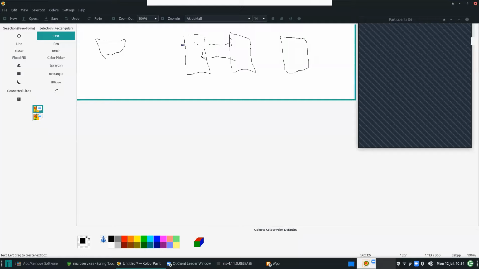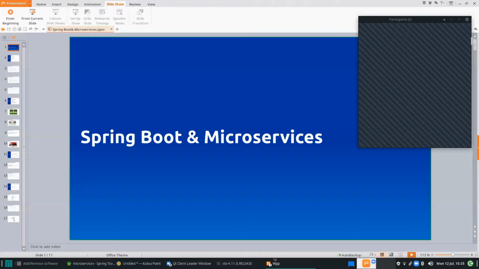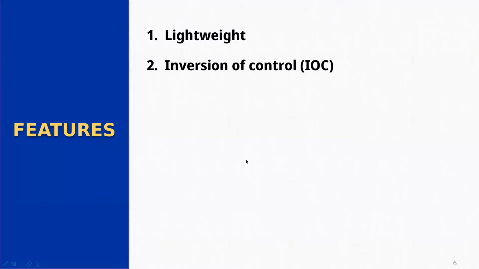I'm just repeating one more time. In normal applications, we create the objects ourselves. But once you come to Spring, it has taken the responsibility of creating the objects in the classes from the developer. So it is inverse. Basically, we would have to create them, but Spring is creating them by itself.